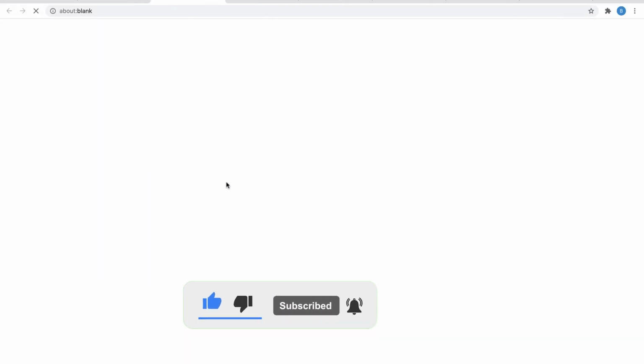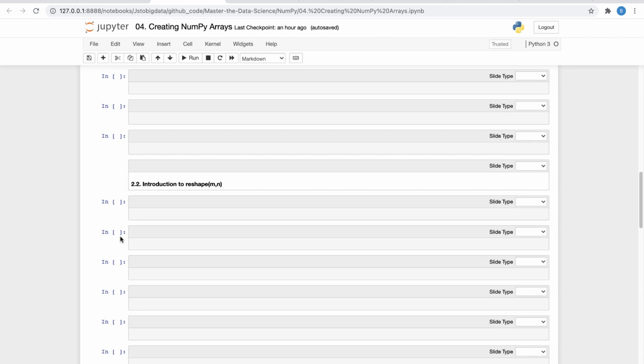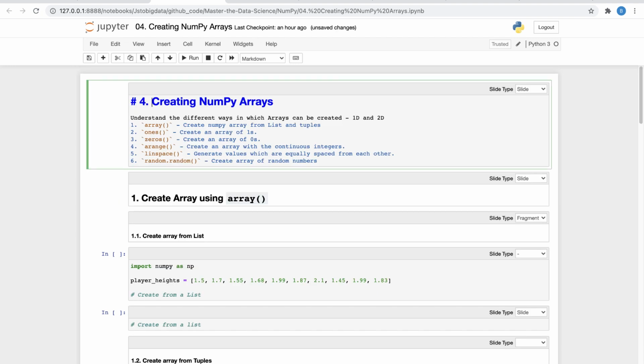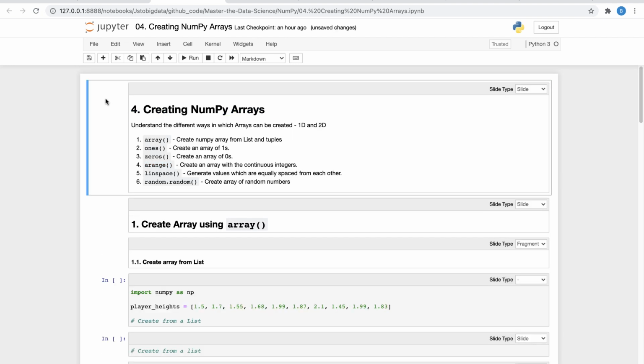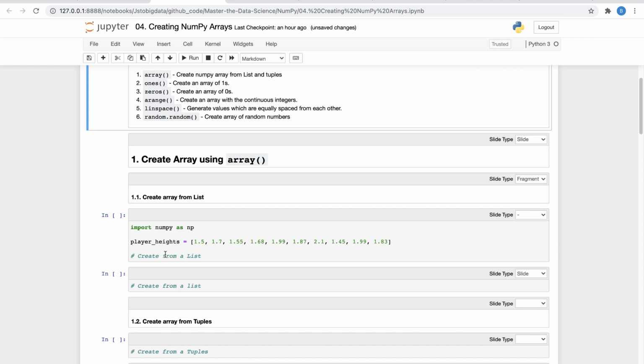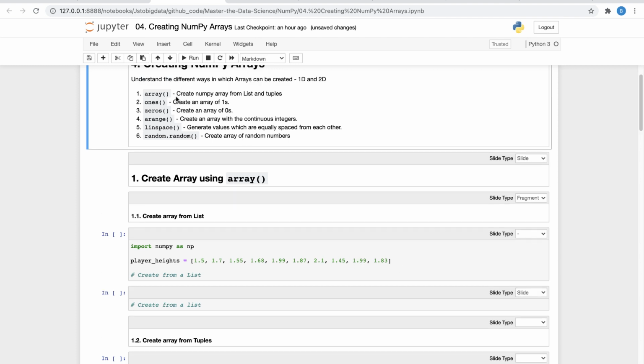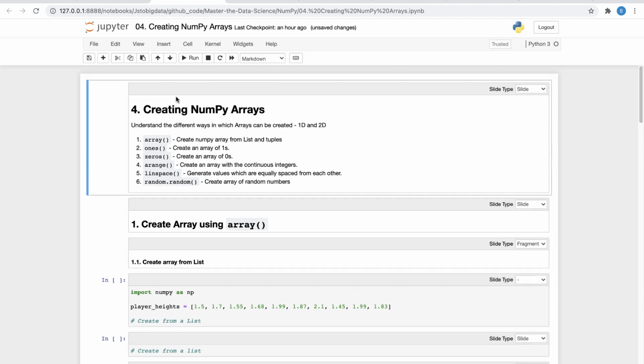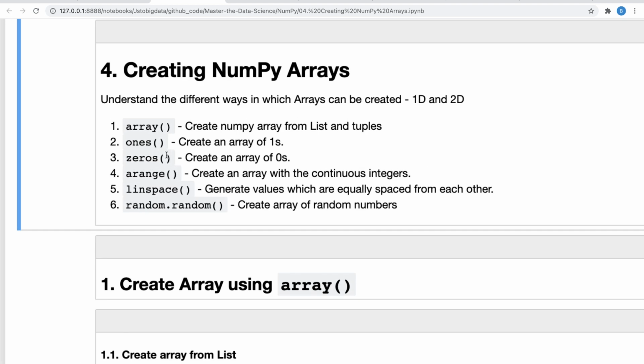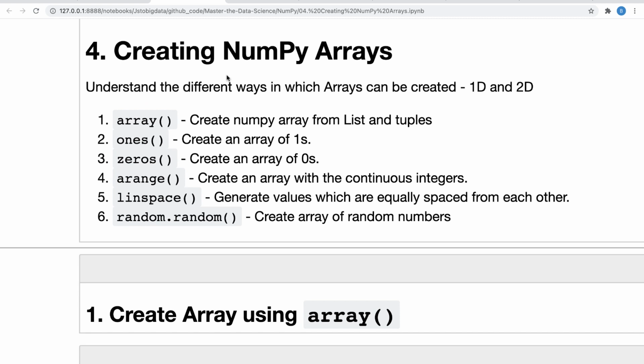Okay, so I hope so far everything is clear and you are with me, you are following all the steps. Next part, what we are going to understand is the different ways in which we can create numpy arrays. So far I have only shown you how to create an array from hard-coded values, but now we will get into the details of other available APIs, or at least some of the APIs we will explore for creating arrays. So there are some functions that I want to talk about before I begin with the hands-on.